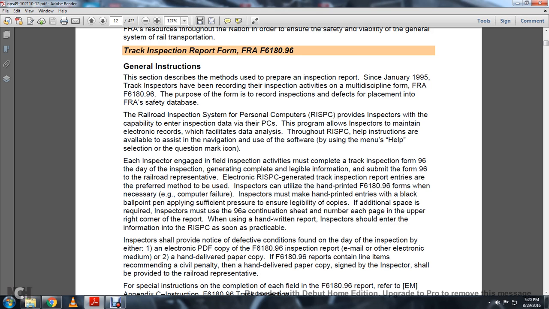Each inspector engaged in field inspection activities must complete the track Form 96 for the daily inspection and generate complete and legible information to be submitted to the railroad representative. The electronic Railroad Inspection System for Personal Computers generates the track inspection report entries, and it is the preferred method to be used. The inspector can use a hand printed Form 96 when necessary,